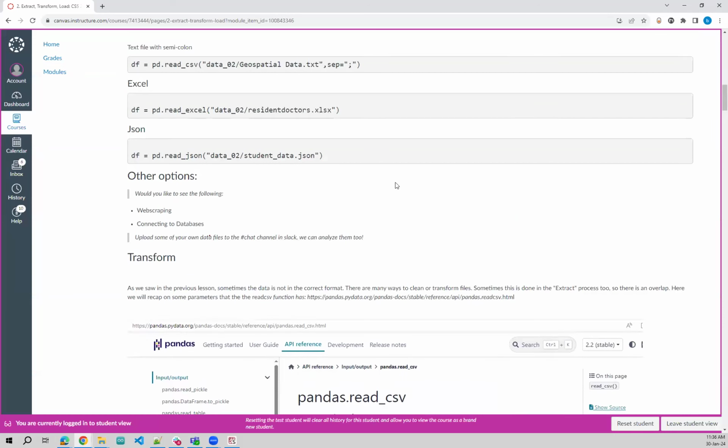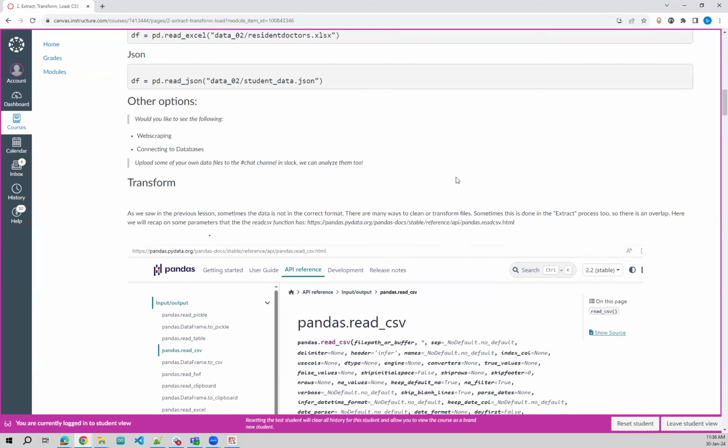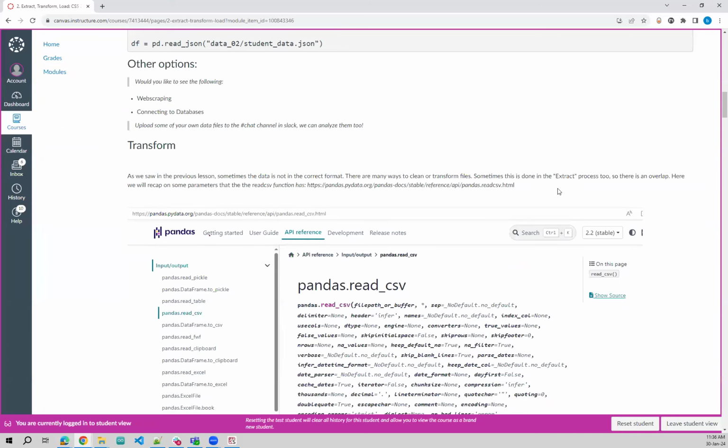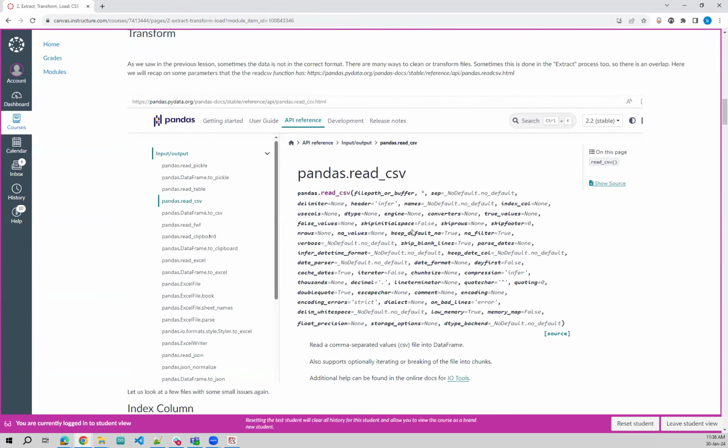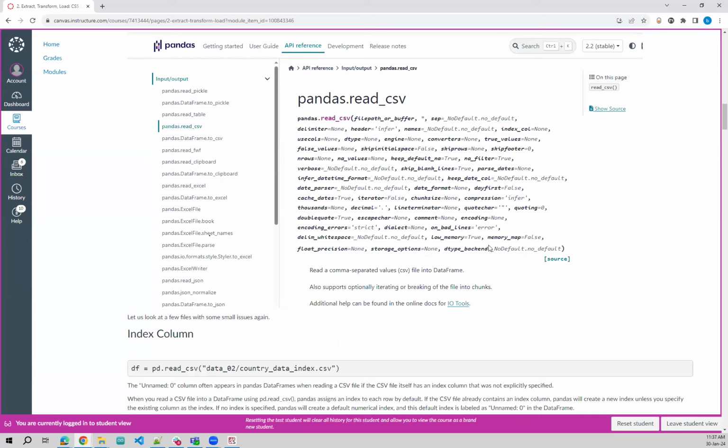so transformation. As we saw in the previous lesson, sometimes the data is incorrect. There are many ways to clean or transform files. And sometimes this is done in the extract process as well, so there's overlap between the two. Again, we've looked at read CSV and various parameters we can use, and we read in the data in a correct format or in a correct way. If the space is different, if there's